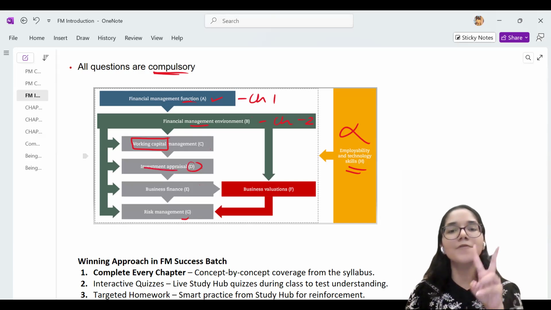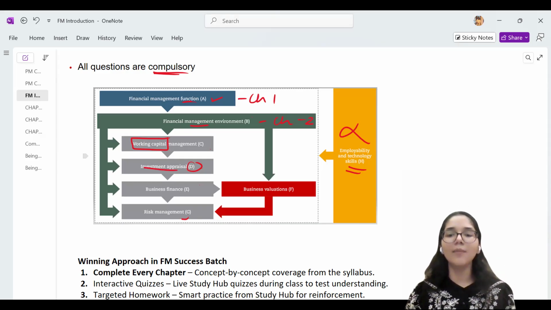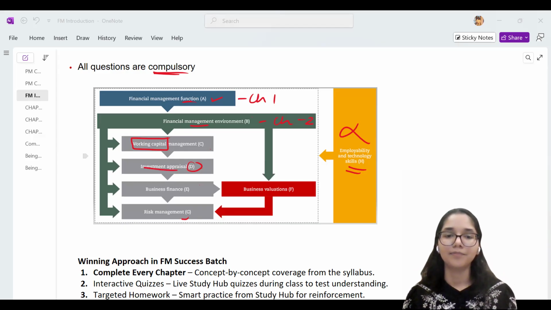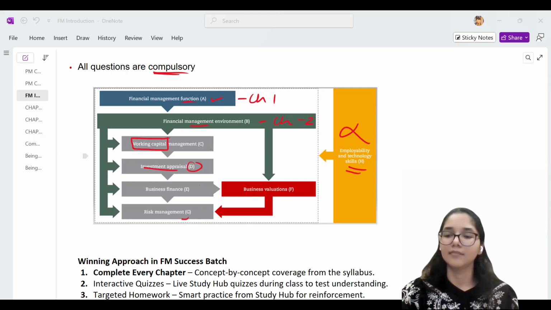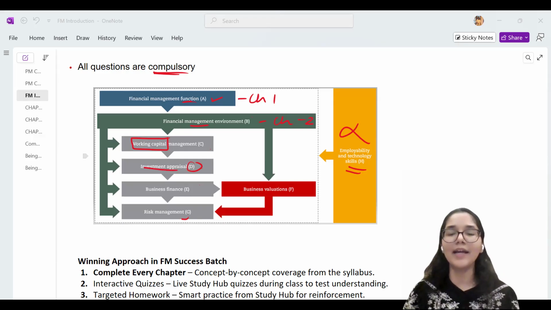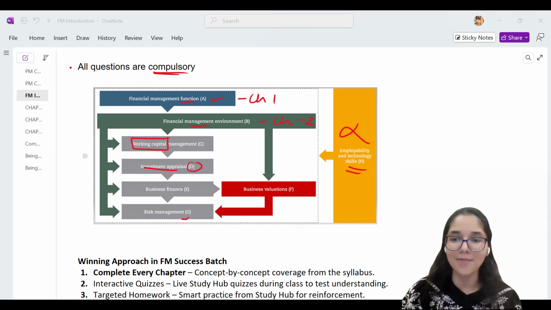Investment appraisal comes from two words. One is investment, another one is appraisal. Guys, what does the term investment mean? What is an investment? In simple words, if you have to explain it, let's suppose, to a child, what is an investment? The best way to understand whether you have understood the concept or not is if you are able to explain it to a small child, right? Because if you're able to explain it to somebody who does not have a lot of sense, that means you yourself know the concept really well.